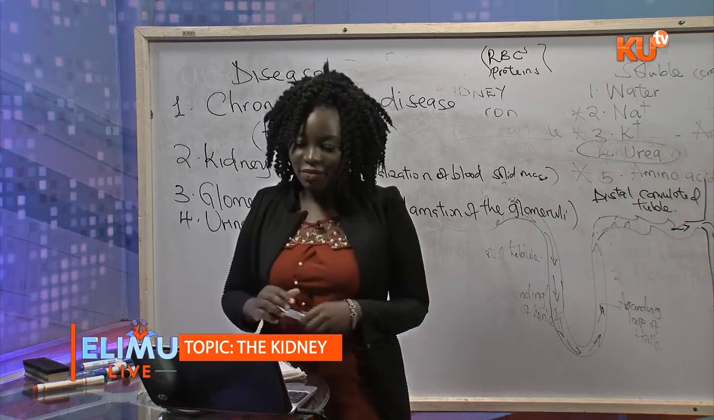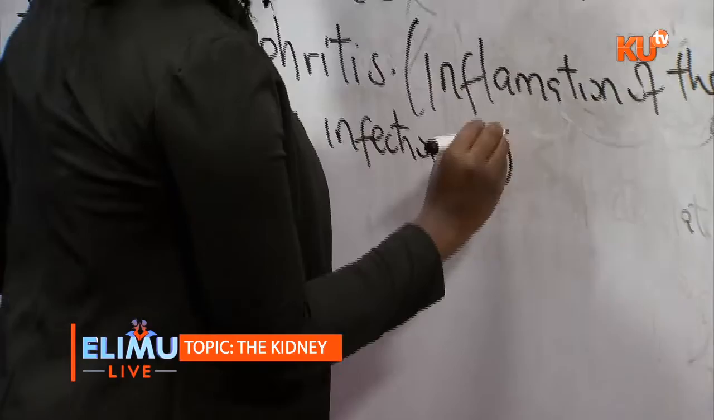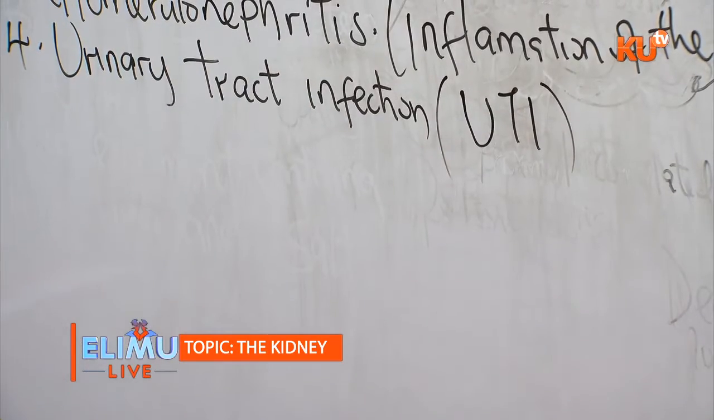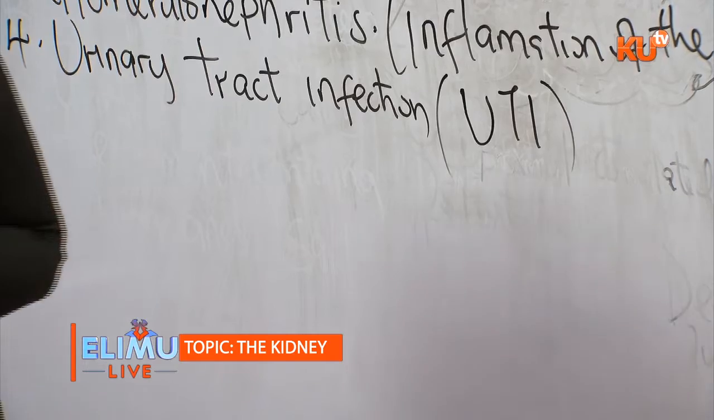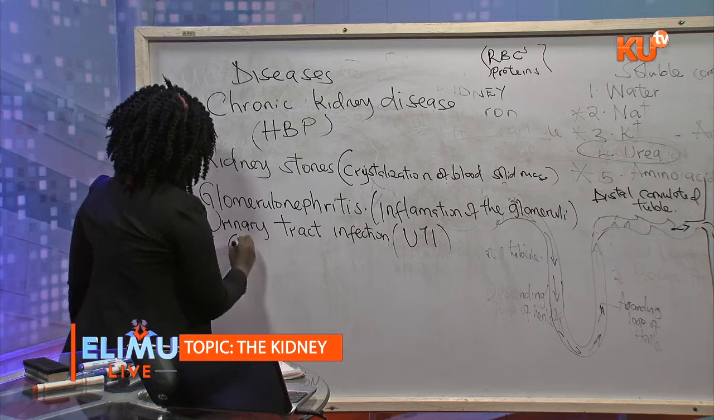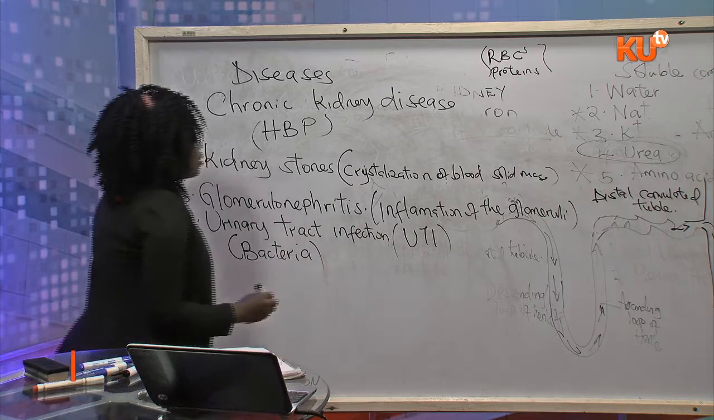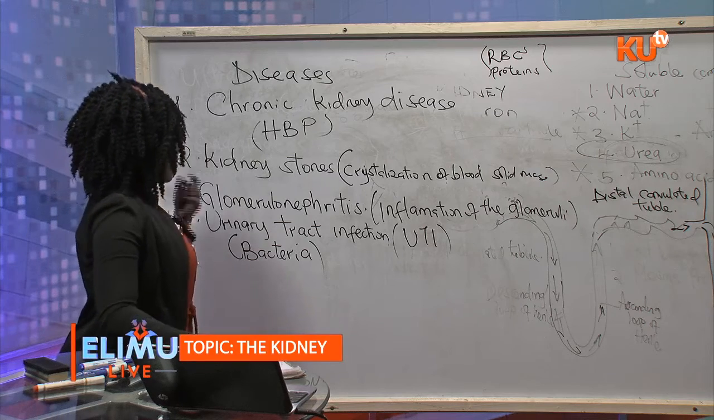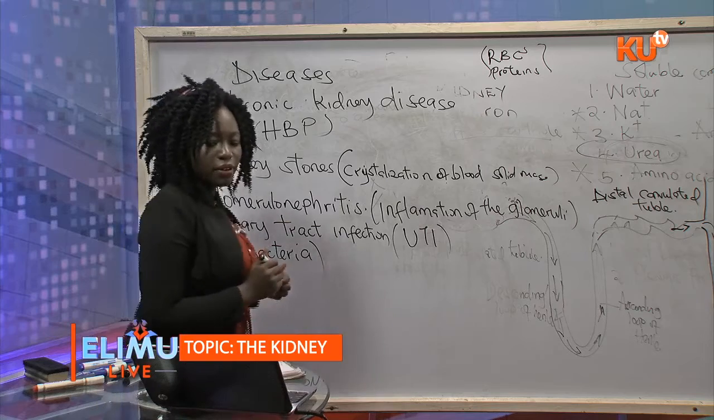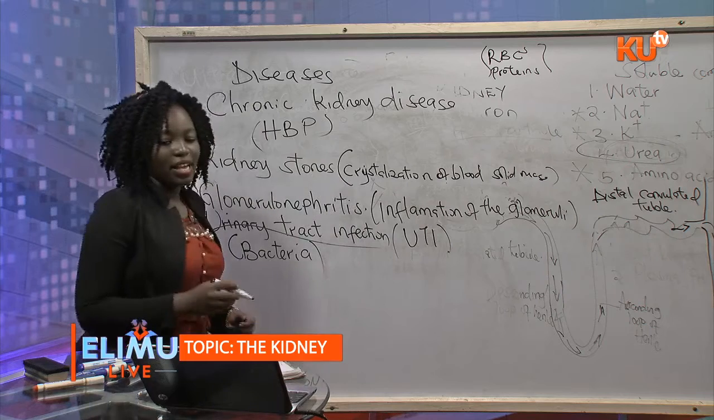Urinary tract infection, also called UTI, is common. A UTI is a bacterial infection of any part of the urinary system. So it is caused by bacteria, and when this bacteria infects any part of the urinary system, it causes the UTI. And then lastly,